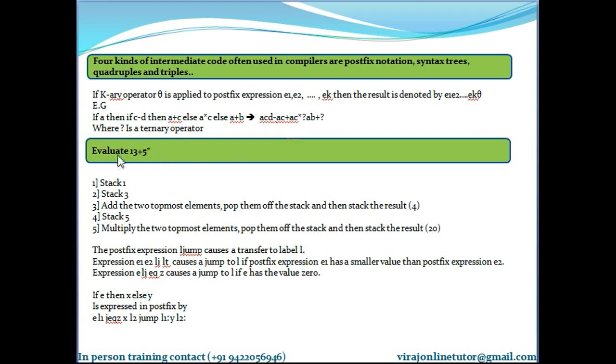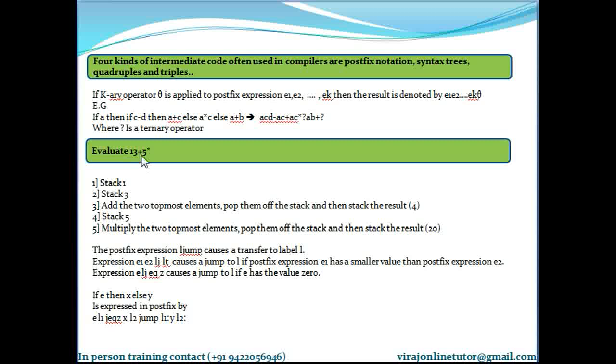So how to evaluate a postfix expression? For example, this is the postfix expression that I have given: 1 3 plus 5 asterisk. How to evaluate this? Place 1 on the stack, then place 3 on the stack. As soon as you encounter an operator, check what is the arity of the operator.